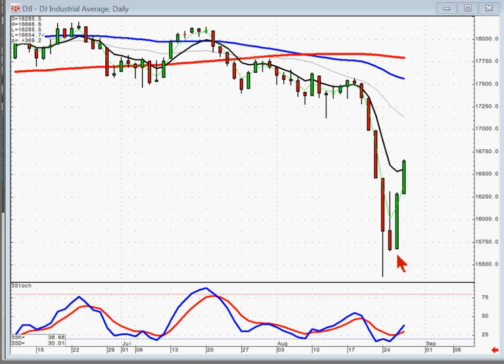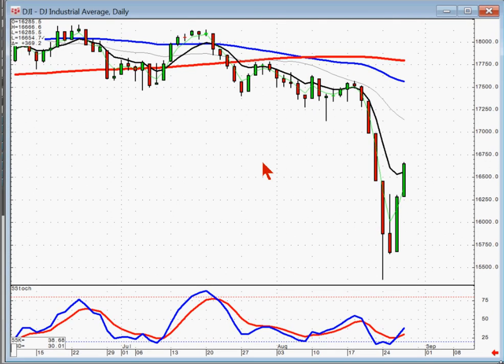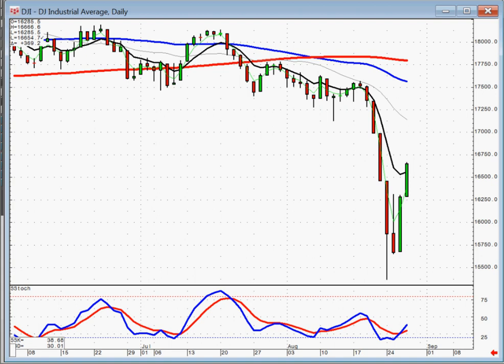All right, so we had a reversal. There was our inverted hammer, which is one of the major signals in the Dow. Now, somebody was asking, how do you handle these type of flash crashes? We handled it very well. We started shorting